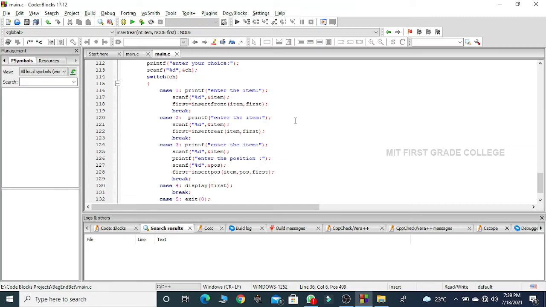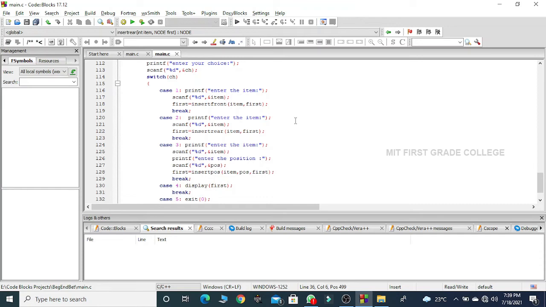Next, I read the position and store it inside the variable pos, and I call the function insert position. To insert position, I am passing all three things as arguments: the item that has to be inserted, the position at which it has to be inserted, and the address of the first node inside my linked list.